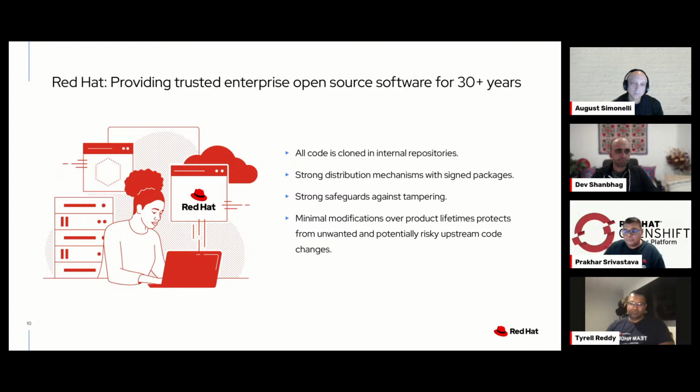Then we started working with disconnected environments. We got Satellite server. If you are in a disconnected environment, you can connect to the Red Hat CDN from Red Hat Satellite, and you can locally get those packages from Satellite. Now, Satellite was not just to distribute the packages. We also send notifications.